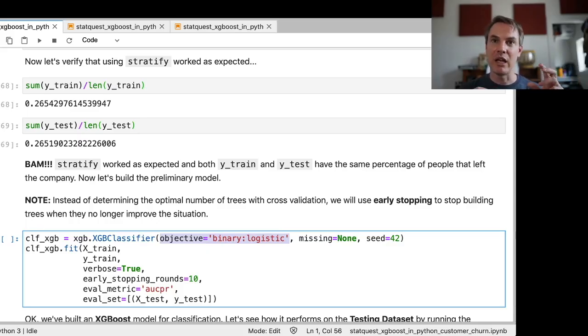Because XGBoost kind of uses a logistic regression approach to evaluating how good it is at classifying the observation. We're setting missing to None. The default value for missing is None, so I don't actually need to set this. And in the webinars, this confused a few people. The purpose of this parameter, or this argument,